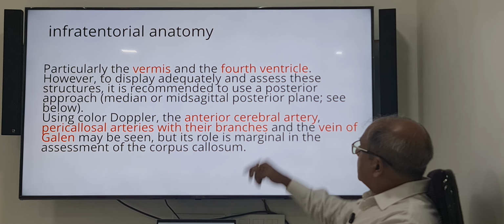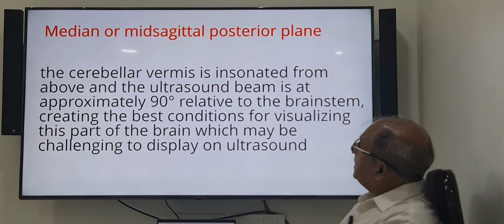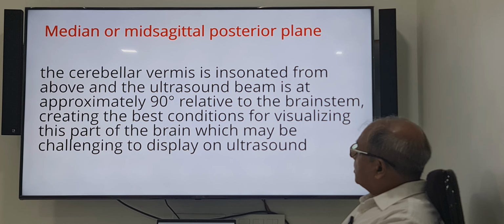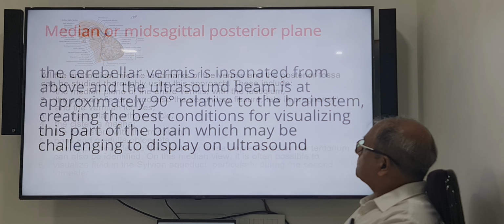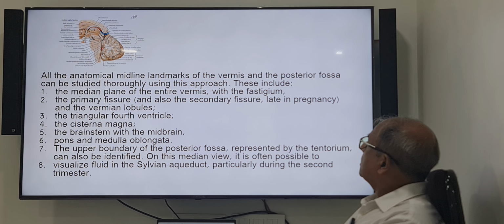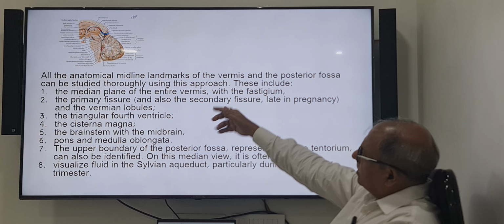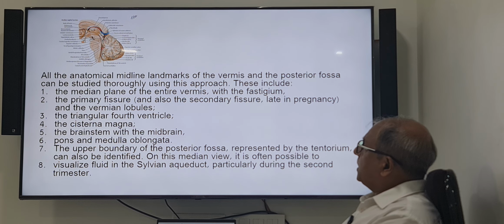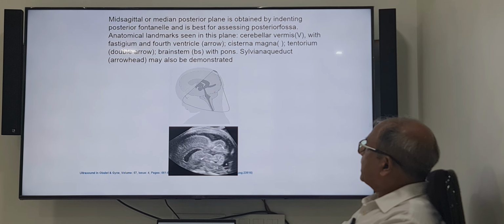tentorium: the cerebellum, the vermis and the fourth ventricle. And the median or midsagittal posterior plane, where we do the detailed analysis of the cerebellar vermis and the pons and fourth ventricle, and the angle between the brainstem and the vermis, whether there is a deviation of the vermis or not, formation of the vermis or not. So all the anatomical midline landmarks of the vermis and posterior fossa can be studied thoroughly using this approach. These are the things which we can see. You can see in the diagram. We can see this while doing the posterior midsagittal section, and this is the parasagittal